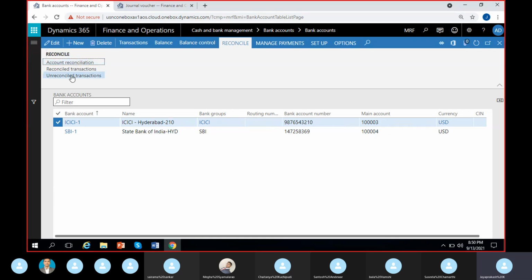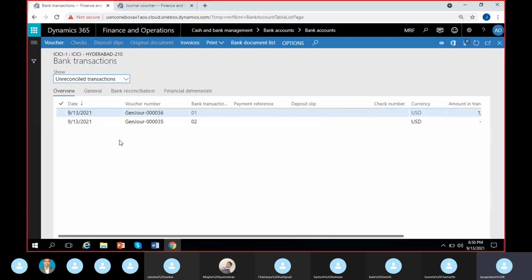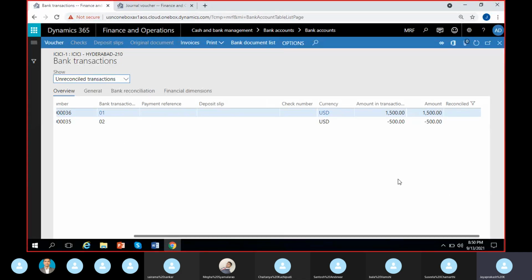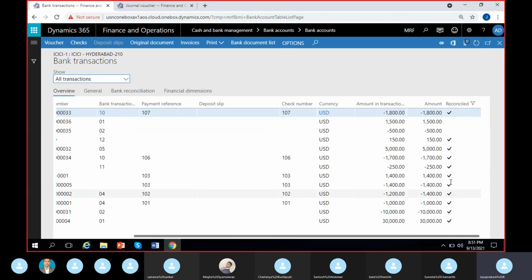Okay, before that, let's see what unreconciled transactions we have. We have 2 unreconciled transactions, as you can see here, 1500 and 500, right? You can also see the selection. Reconciled means we can see the already reconciled ones. If I select all, I can see all of them, out of which these 2 are unreconciled, 1500 and